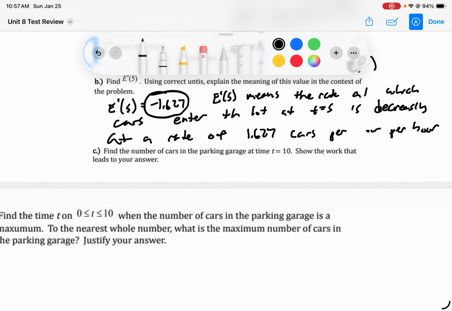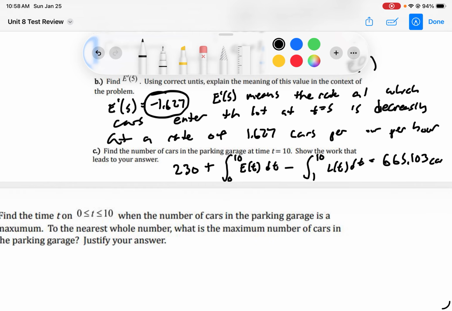All right, so there were already 230 cars in the lot, and then they start entering at a rate, and I'm going to say from 0 to 10, they are entering at this rate E of t. I don't need to write out the function because it's already defined. And then this will tell me the total number of cars that would have entered the parking garage in those 10 hours. And I'll subtract the total number of cars that left, but I'd be careful, it's not starting at 0, it starts at 1 to 10 of L of t dt. There's the setup. Plug that into your calculator, and you get